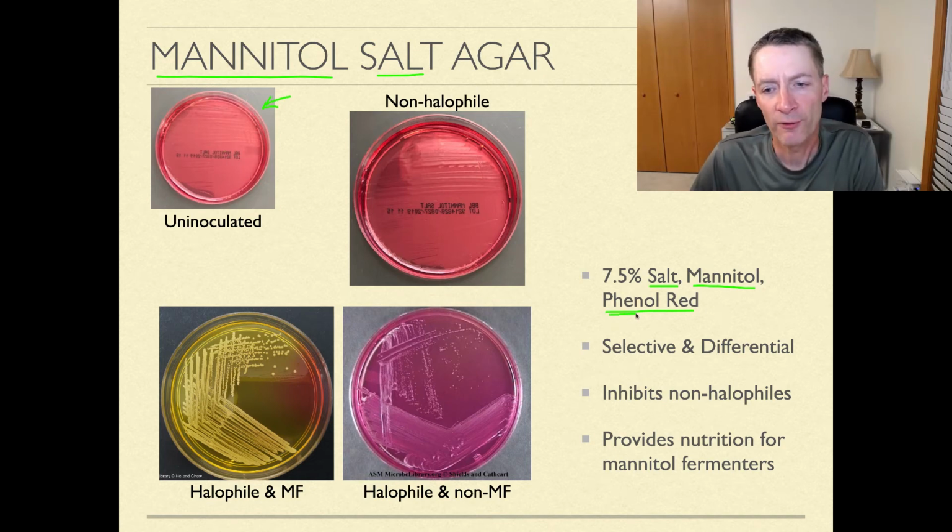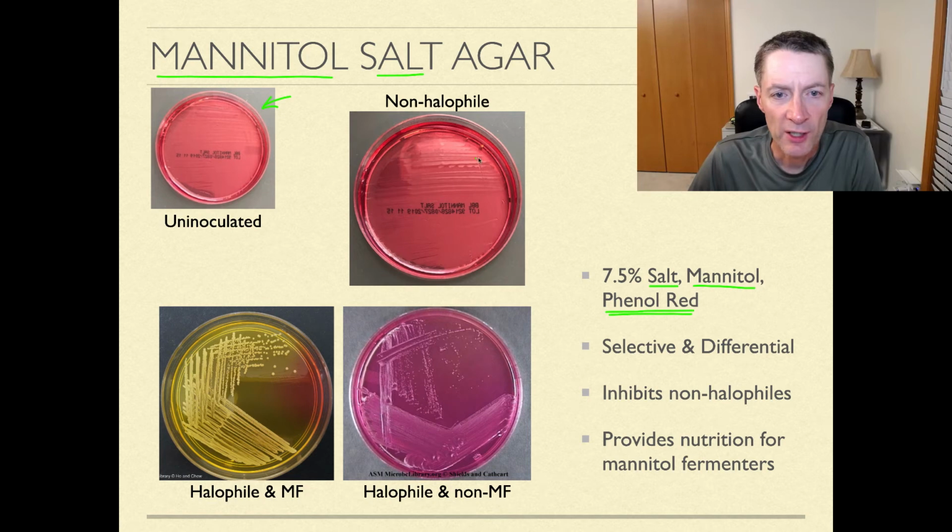So what we're looking for here is, will that neutral environment change as a result of growth? A lot of organisms, when they utilize a sugar source, or in this case mannitol, which is like a sugar, will produce acidic byproducts. And this will change everything to a lower pH, which would cause phenol red to change from a red color to a yellow color. So if we look at this plate here on the top right,